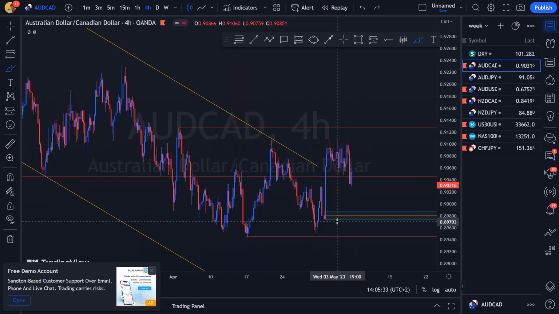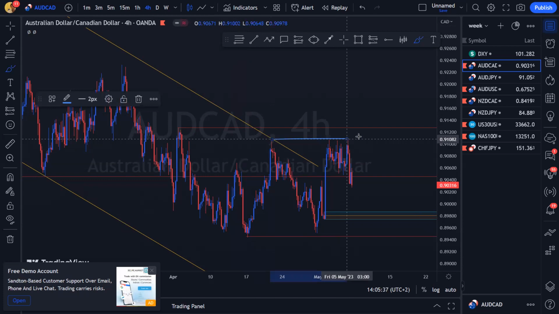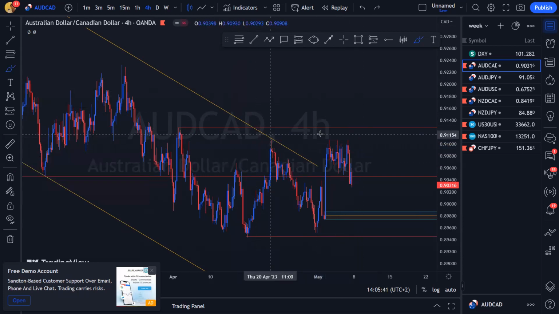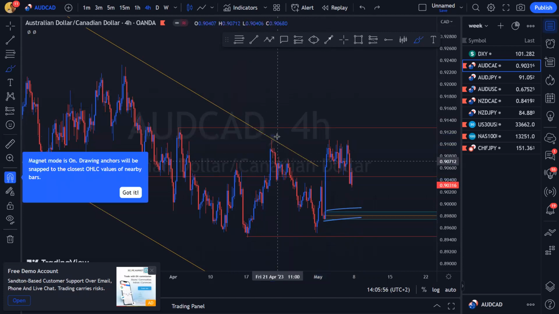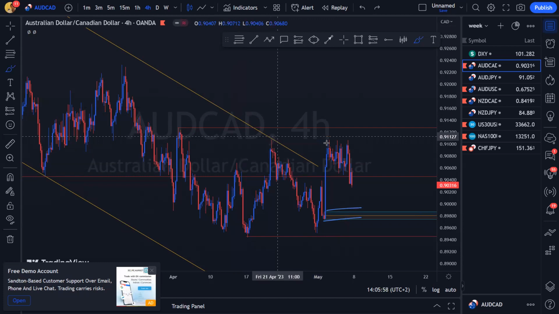Unfortunately, we didn't break this high here. It would have been nice to see price action break this high with all of these wicks over here. But we didn't see price action break this high, but we do still have a momentum shift over here where we see a large amount of buyers coming into the market, being able to break these small time frame structures inside of here. Hopefully, we're coming back for that high. But anyway, we're stuck inside of a range. We're looking for price action to pull down towards the low of the range.